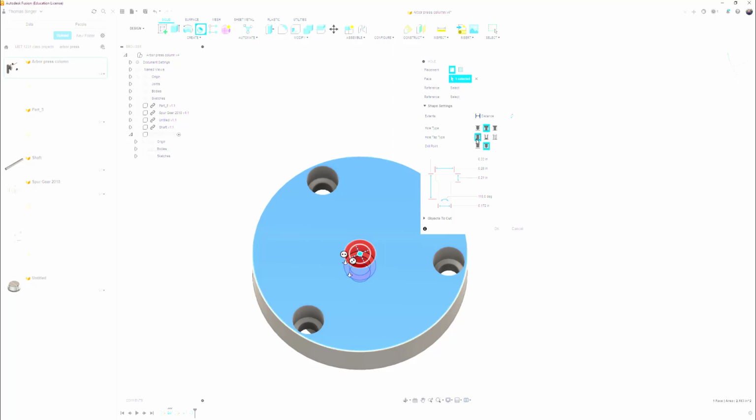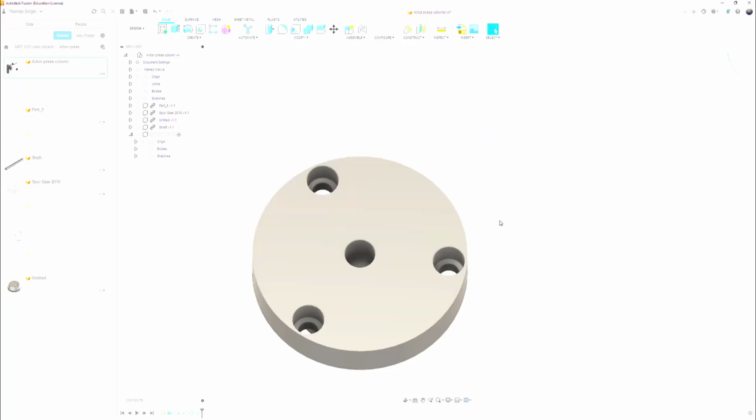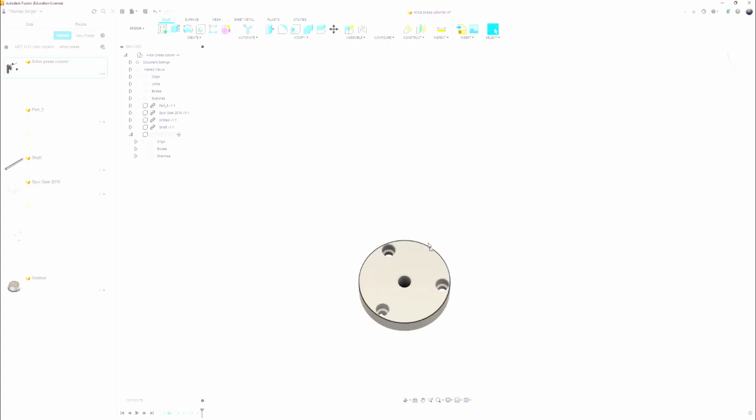Now this hole is going to be a simple hole, a simple drilled hole through the part. And it's going to go all the way through. And this one happens to be a diameter of 0.25. And so that's it. We drill a simple hole through that part at 0.25. Well, that plate is now complete, but it's also now part of the assembly, which makes it nice so it can be used. Okay, so now we need to go back to the column and we'll right mouse click and